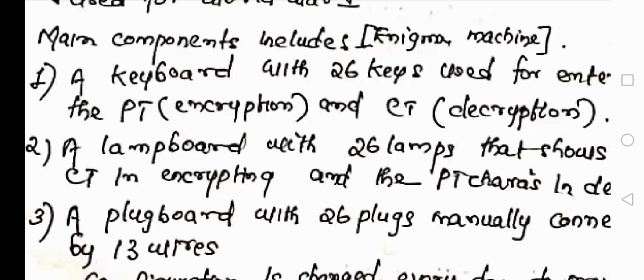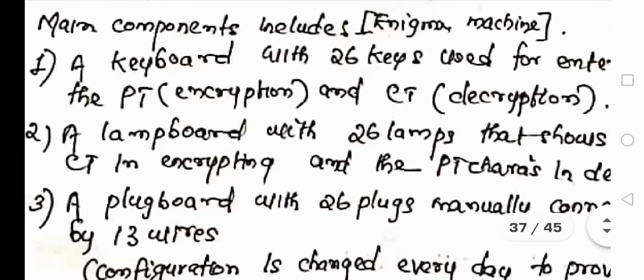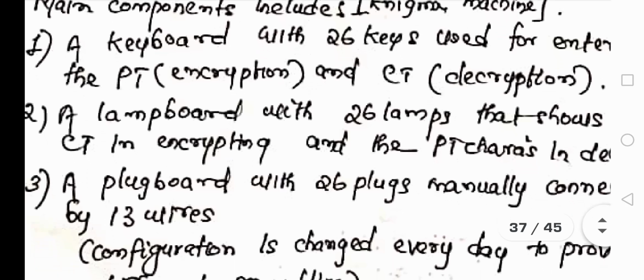Okay, for example, if the first and the fourth lamp are glowing, then the first lamp corresponds to the letter A, and the fourth lamp corresponds to the letter D. Likewise, we can identify the various letters that are actively participating, that is, the letters corresponding to the plaintext or ciphertext messages involved in this context. For that purpose we use a lamp board, which has 26 lamps in total.